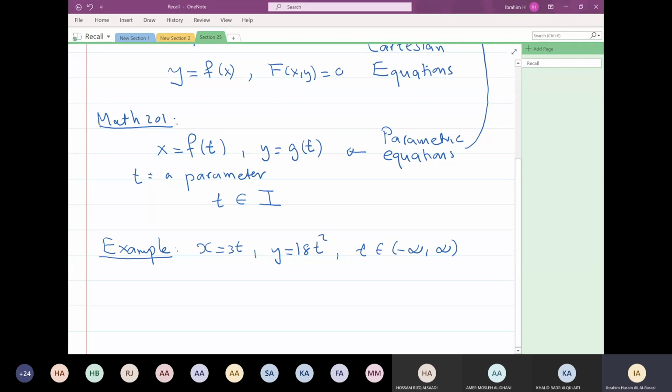So these are parametric equations. The first main question in this section is just to describe or identify the parametric curve, sketch it,